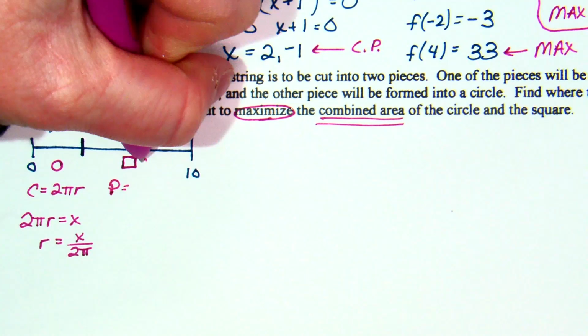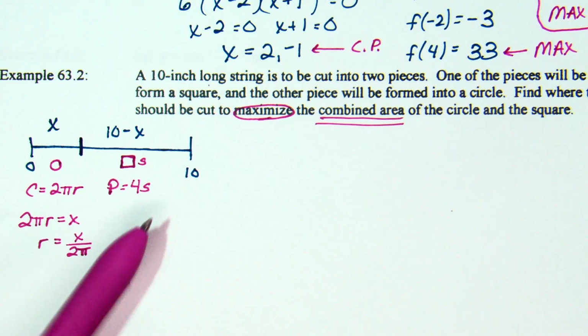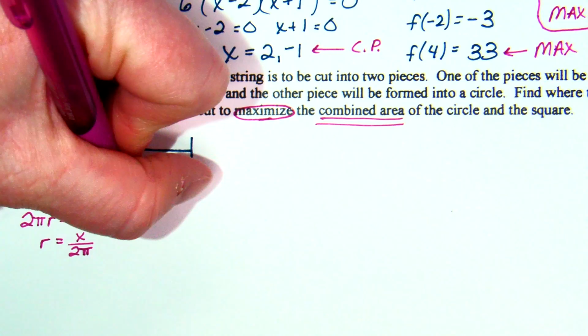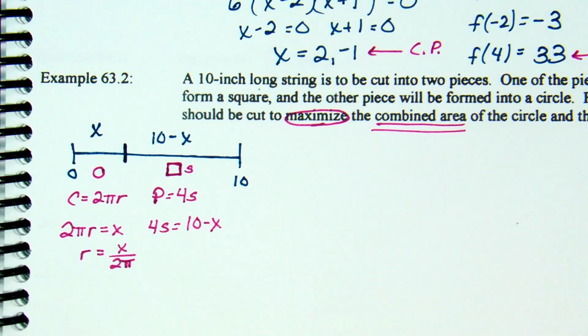10 minus x. So I'm going to set this as 4s equals 10 minus x. Again, later, if I'm going to want to work in terms of x, we're going to solve this for s. What is this when solved for s? 10 minus x over 4. Works for me. Now,